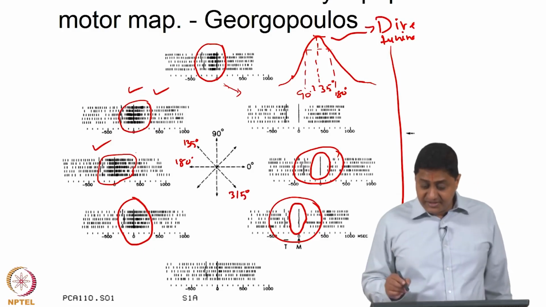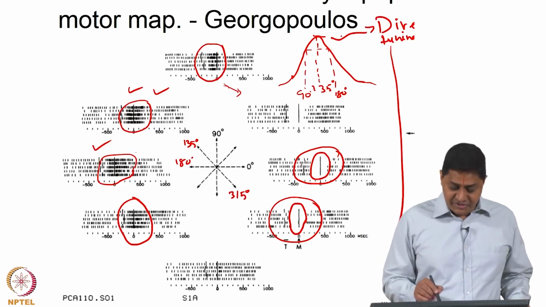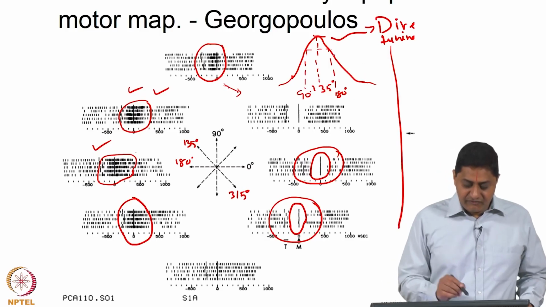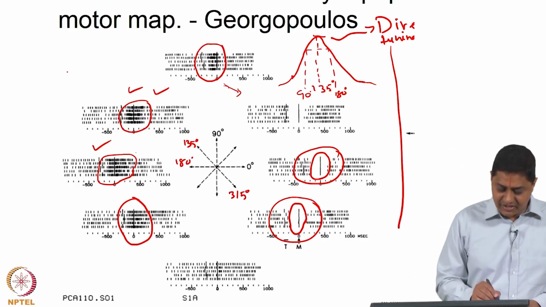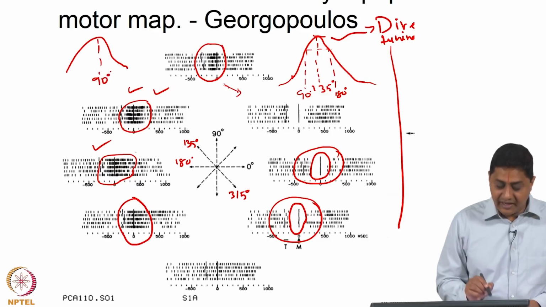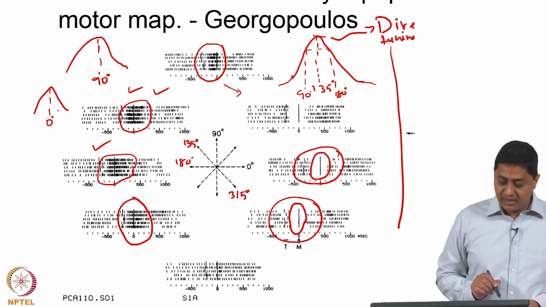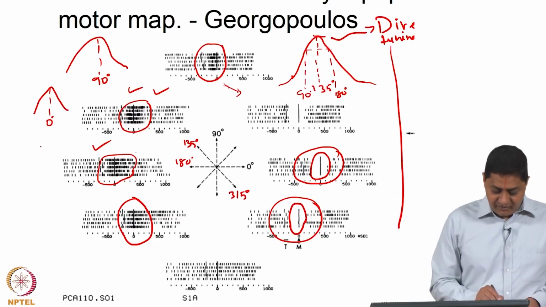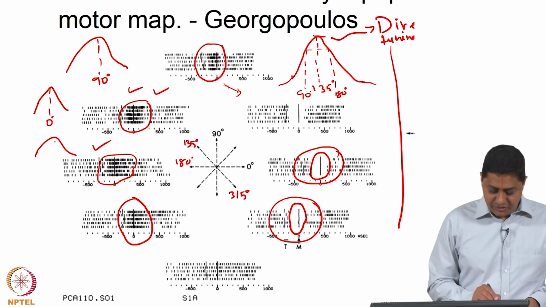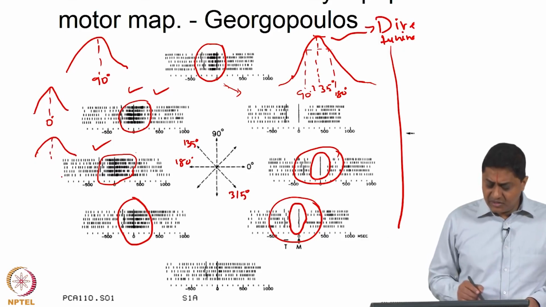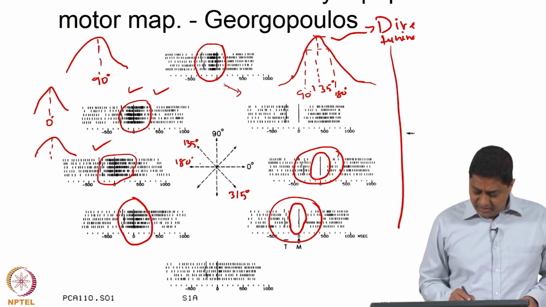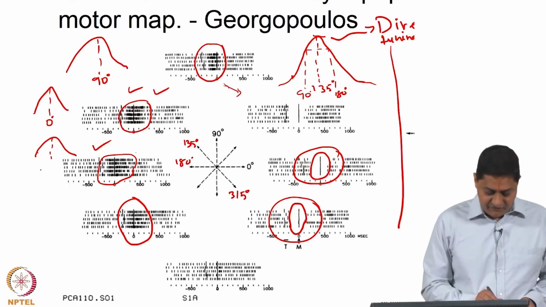So, if I do this for a whole bunch of neurons, there may be another neuron for which a similar directional tuning curve will be there, for which the maximum amplitude will be at 90 degrees. There will be another neuron for which a similar directional tuning curve will be there, for which the maximum amplitude will be at 0 degrees, right. And there will be another neuron for which one more directional tuning curve will be there, for which the maximum amplitude will be at 315 degrees,